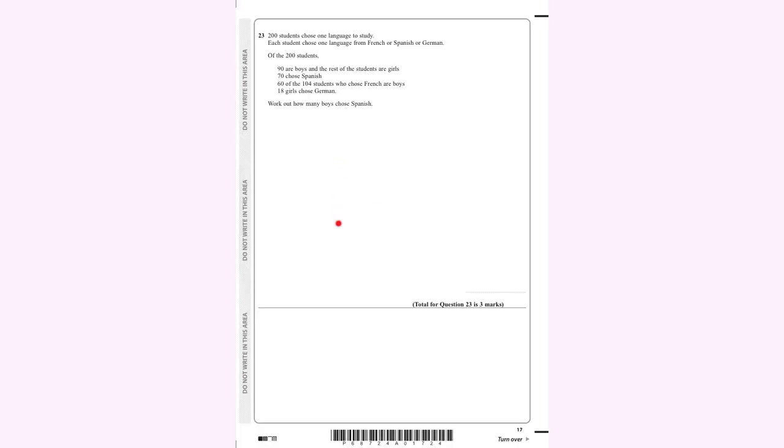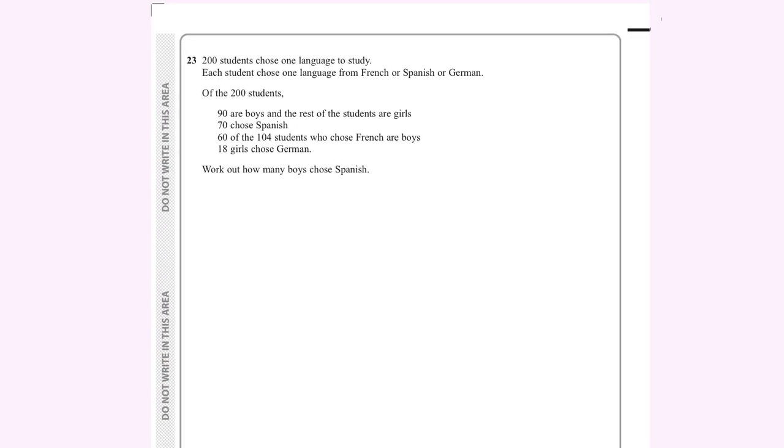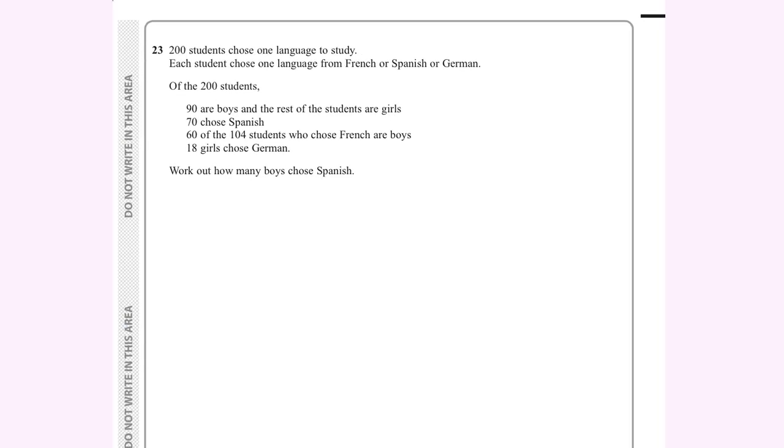Okay, we've got a very wordy question here. Now, questions like these is where you might want to whip out a two-way table. You don't have to use a two-way table, but it works quite nicely. I'm going to show you it without a two-way table, only because I think instinctively, if you were seeing this question, not many people would automatically think to do it as a two-way table. I think a lot of people would just try and problem solve and find the missing pieces,